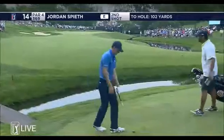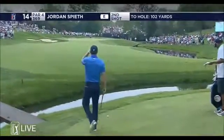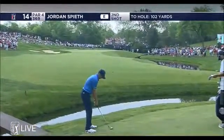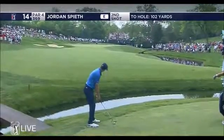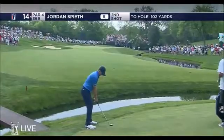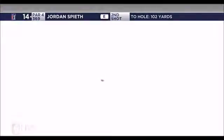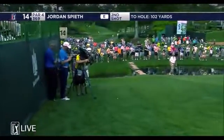Just looking to play out, play out your bill. Pitch it a good 10 yards short, let it release up. Yep. But he just loves to have a huge shaft lean right here and come in at a very steep angle. Oh, he thinned it. He thinned it. And that's just all a product of...